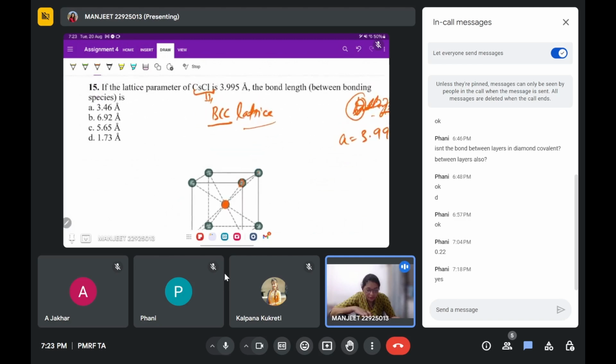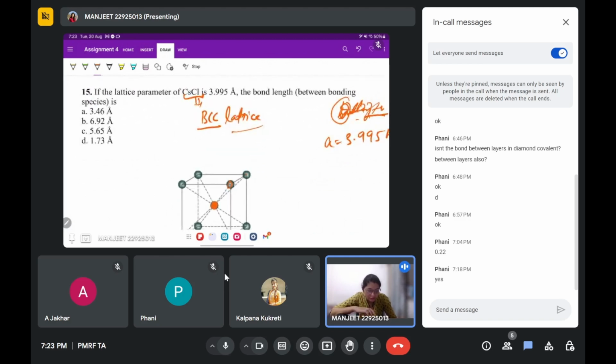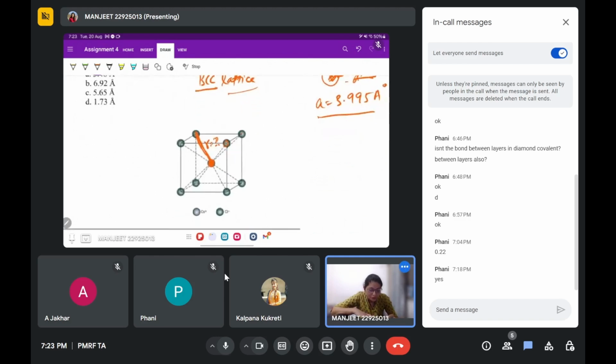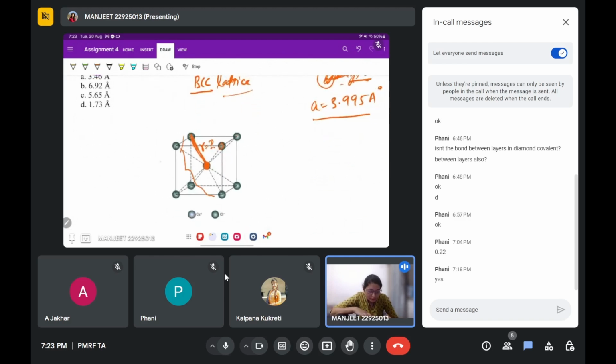Now this A is given to you, and you have to find the bond length between the two atoms. So simply, it is this distance. Say this is R, you have to calculate it. You know about the body diagonal. If you know the body diagonal, and you know A and the relation between A and R, where R is the radius,